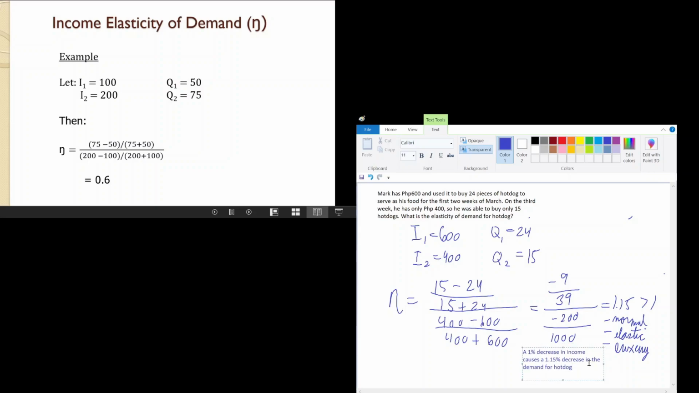Okay? So, yun. So, I hope you get how to compute for the arc elasticity for own price, and then yung point and arc elasticity natin for income. Okay, so that's all for this topic. Thank you for